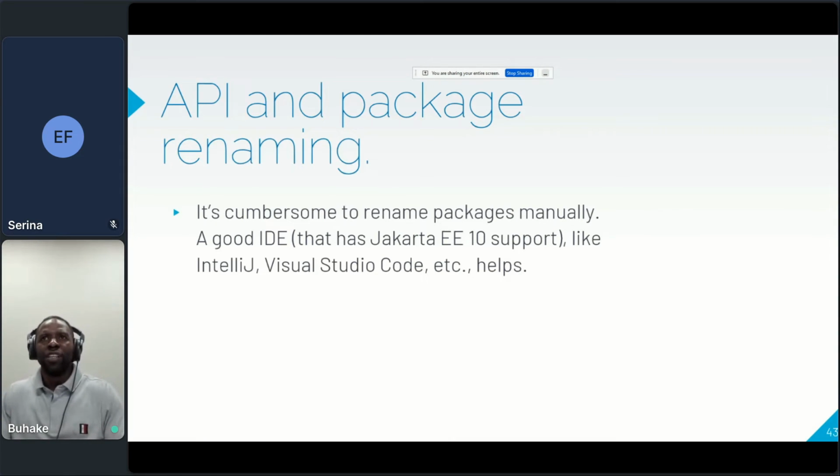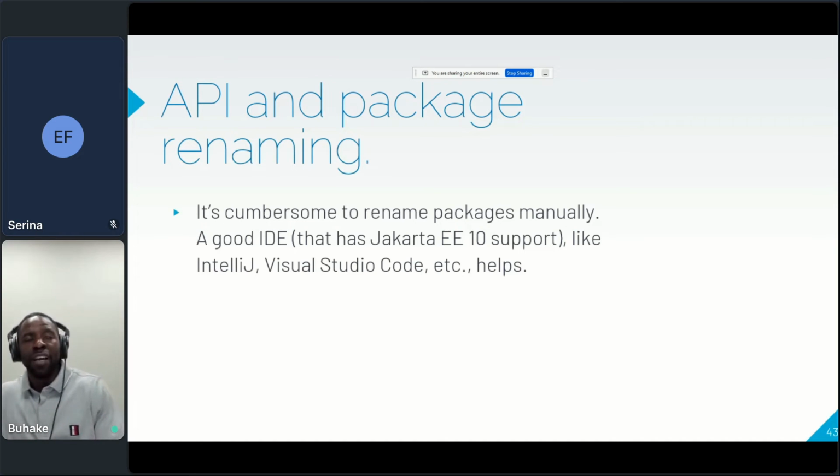API and package renaming. So if you do not have a good IDE to fix your imports, especially if you do dynamic class loading, where you write your class name in a quoted string where it says javax, or whatever.